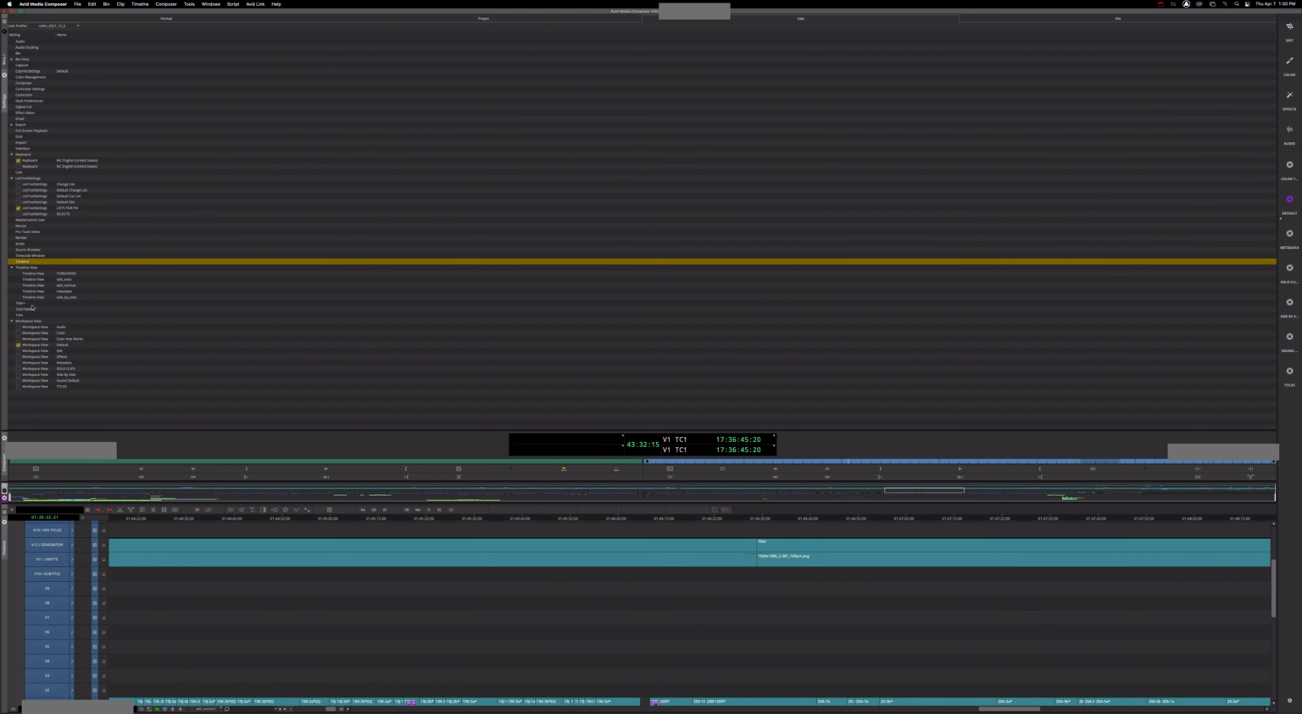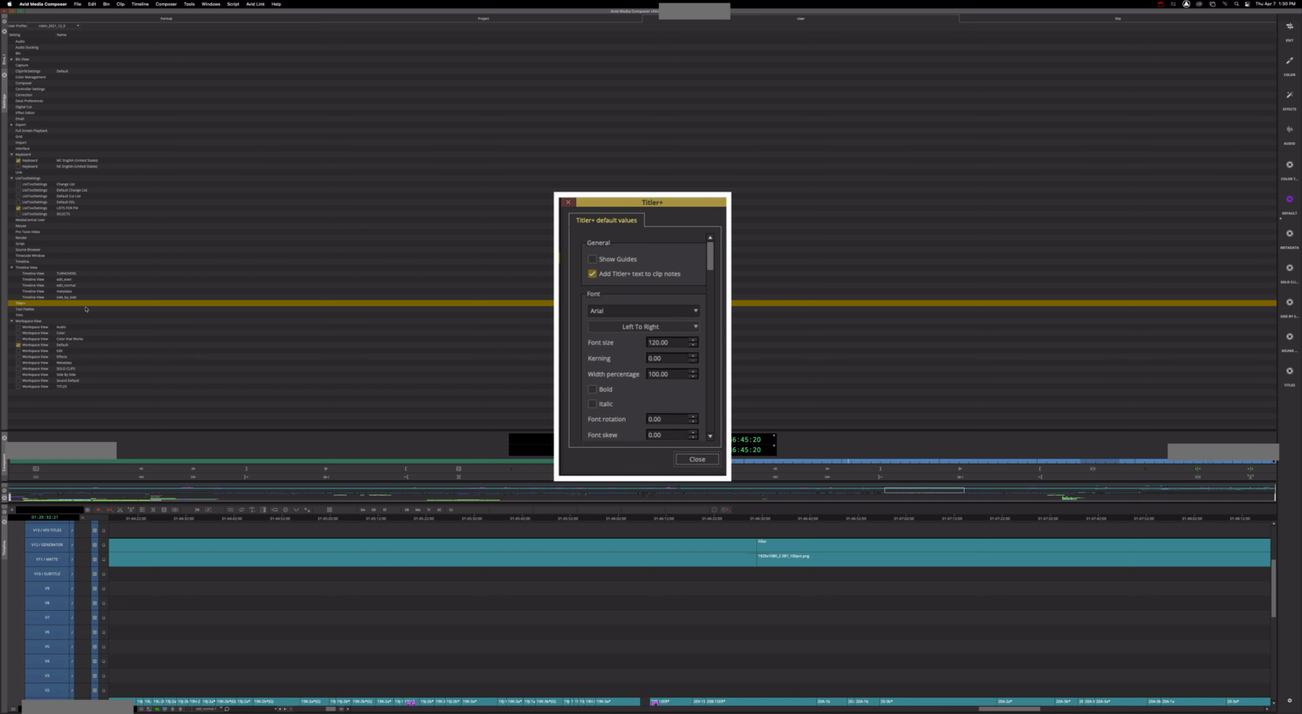Super useful. Speaking of settings, there's two that I have to recommend you turn on immediately when starting this version. One I think is on by default, but always check. Go into Titler Plus settings and say add Titler Plus text to clip notes. That'll add whatever you type into your text field when you do a Titler Plus clip into your timeline clip notes, so you can have a list of them. I actually have a separate video about this if you're interested. The other big one,